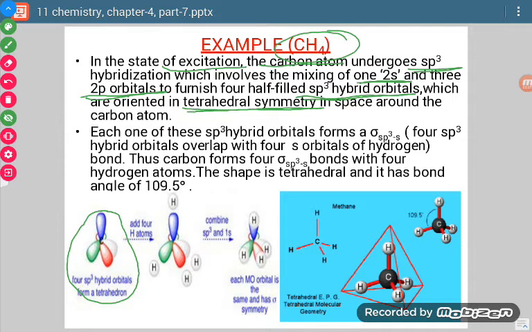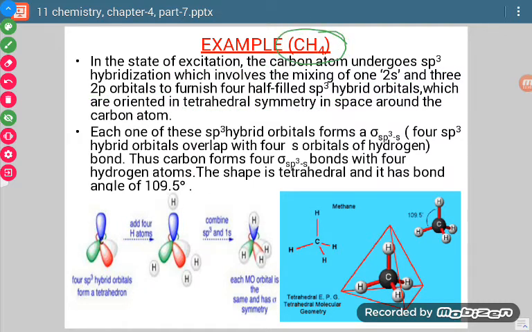Now when we are talking about the CH4 molecule, then there are 4 hydrogen atoms. So these 4 hydrogen atoms will combine with these 4 sp3 hybridized orbitals, and there will be formation of sigma bonds. Now here it is written sigma, at the foot it is written sp3s. So what does it mean? It means 2 orbitals, one is the sp3 hybridized orbital, and another is the s orbital. These two are undergoing head-on collision and there is formation of sigma bond. So this is 1s of hydrogen and this is the sp3 hybridized orbital. These two will undergo head-on collision and there will be formation of sigma bond.